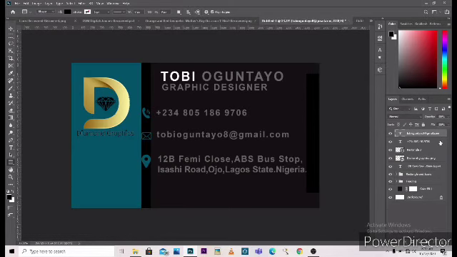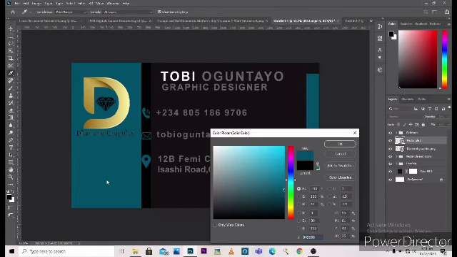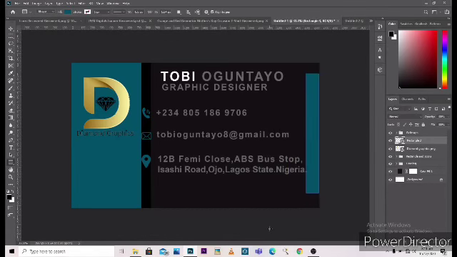So this, and this, and this. Now just Control G here. We're going to name this write ups. Okay, write up. So it's simplified here, so it's not too lengthy. So back over to this rectangle over here. We're just going to double tap here, make it this color, and okay. Now V for move tool, take it back.